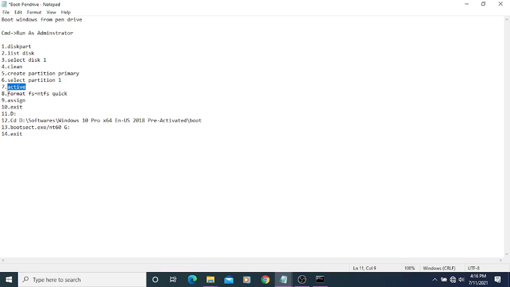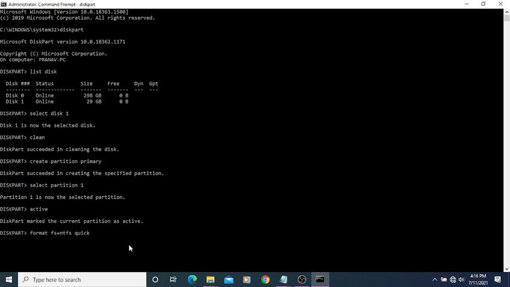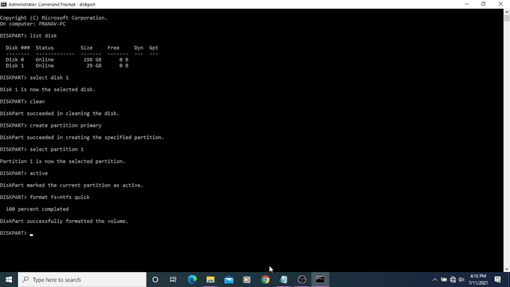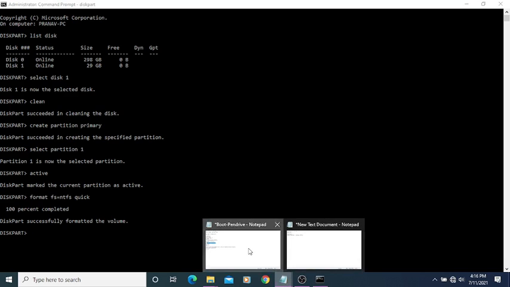Then we will take format fs=ntfs quick. So it will show the completion percentage. After it is 100% completed, then we will do the next step. So now you can see it's 100% completed. So we'll go to the next step.